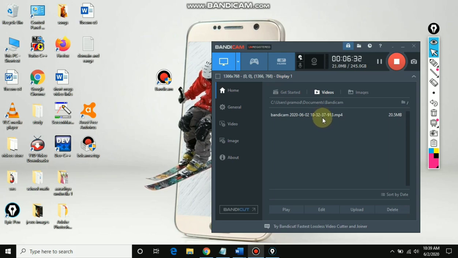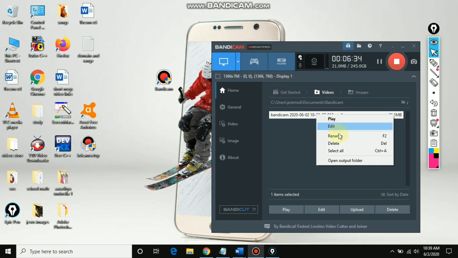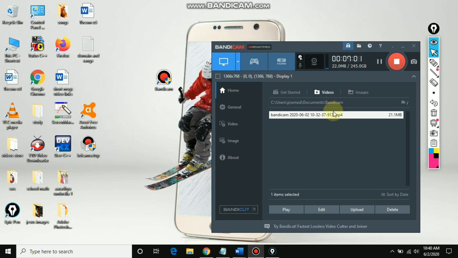Okay, so you can change the file name over there. You can change the file name here, or once it is finished, once it is saved in the folder, you can change the file name over there. Okay, so change the file name, keep the class name or topic name as file name, and you can directly share with the help of WhatsApp, or if you want to upload, you can upload to the YouTube. Okay, so this is how you need to record a video.